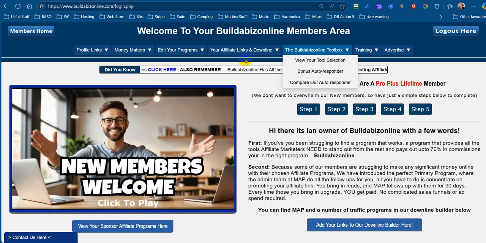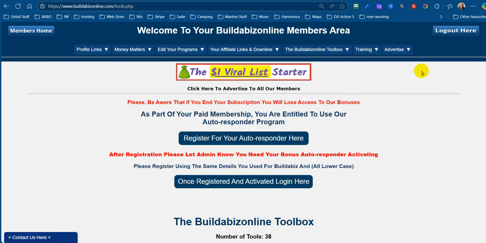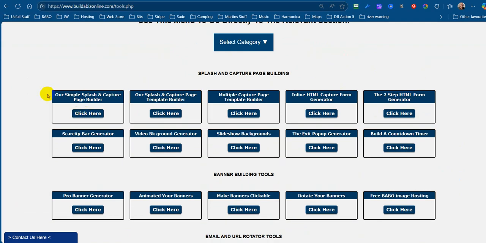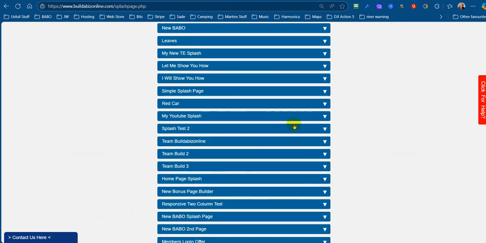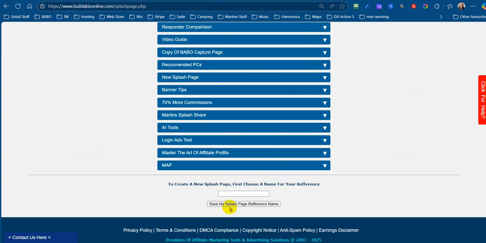our splash page builder. Right, so we click on view your tool selection, and then we scroll down to our simple splash and capture page builder. Okay, it becomes a capture page if you add a capture form on it. But to all intents and purposes, this is a splash page. So we click on there and we come all the way down to the bottom. You can see I've got a number of them here, and I'm going to click